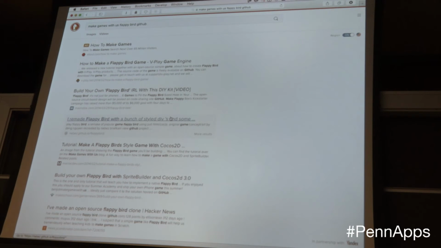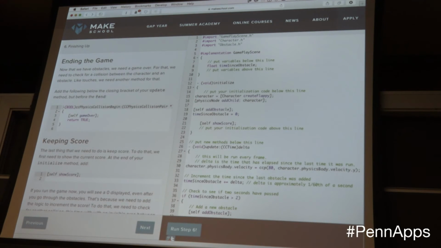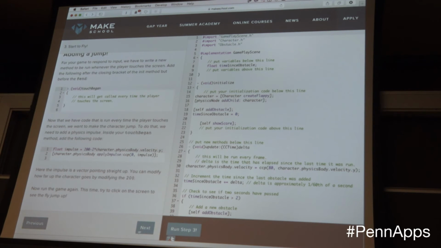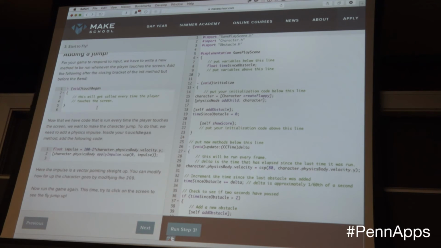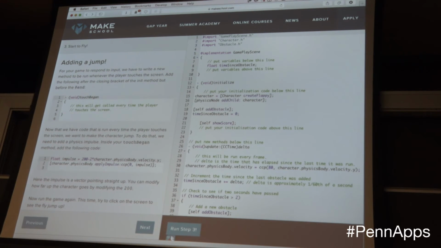Okay, well, anyways, I am very, very sorry for that, but I will find the code on GitHub. I don't have it on this computer for this exact thing, and we will make it so that when you click it, the bird goes, so you can see that the score works and that we die an appropriate death. But in the meantime, yes, I'm going to open up for questions. This step 3. Okay. Thank you for potentially saving me. Oh, there's a step here called moving to the right. This step says adding a jump. Perfect. Thank you very much.